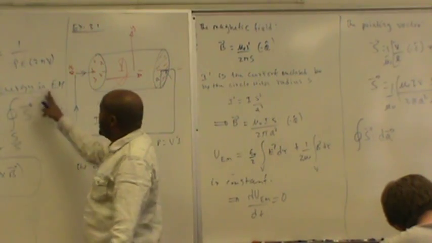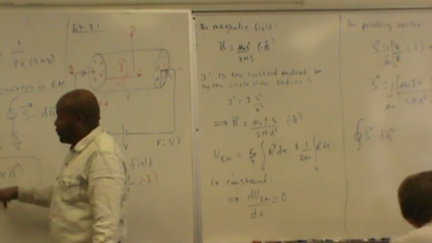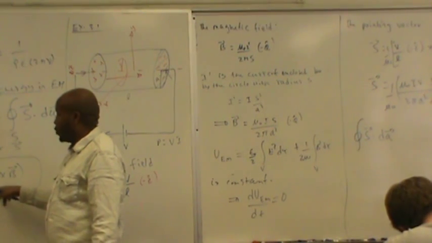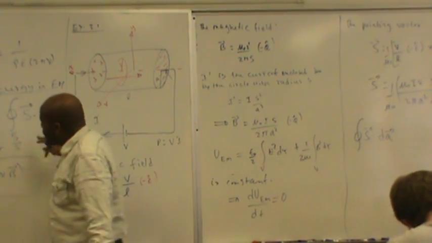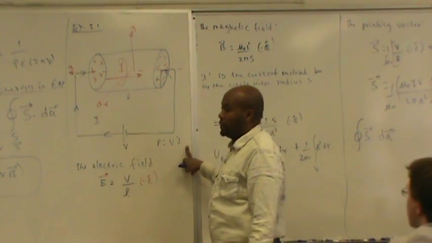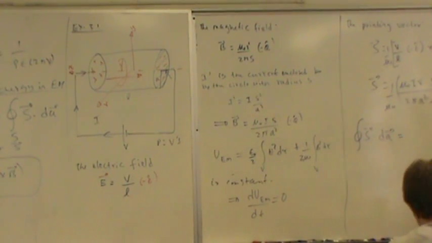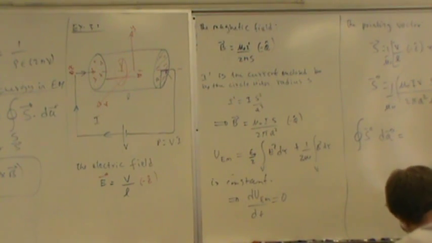Therefore, there must be some energy leaving this volume in the form of the Poynting vector. So this term should give you this value. Since we know that the Poynting vector is radial and